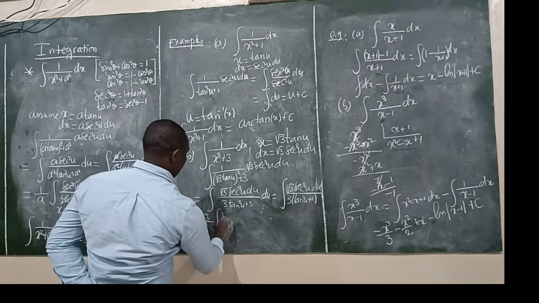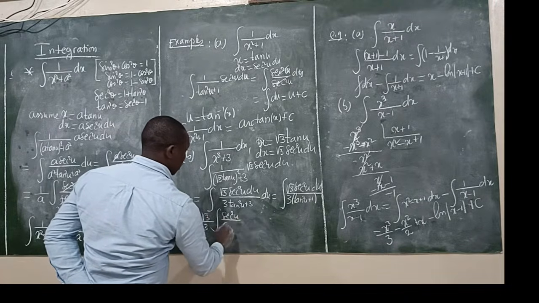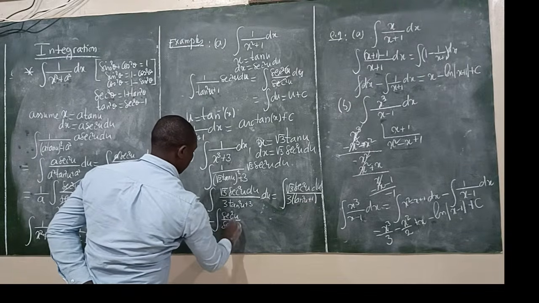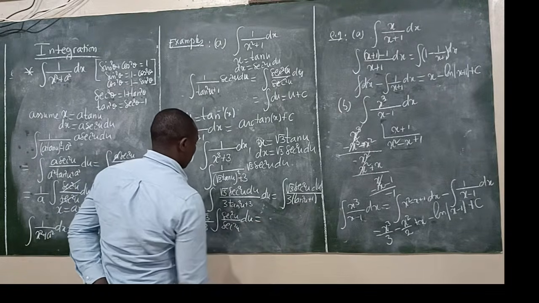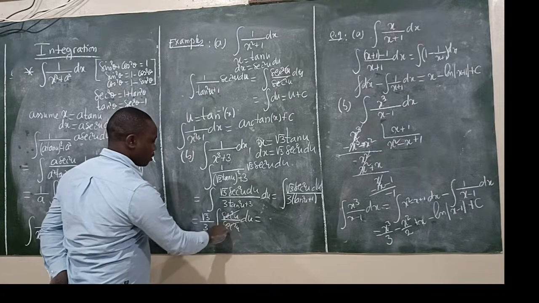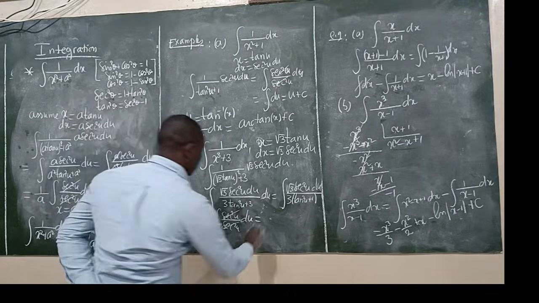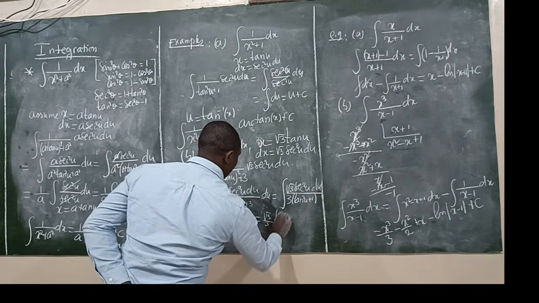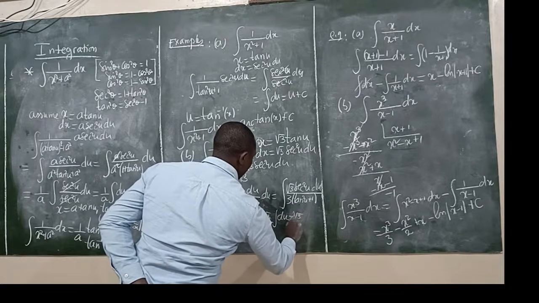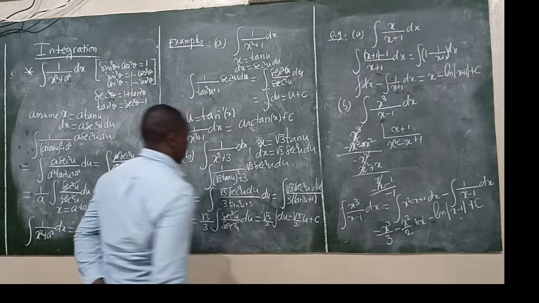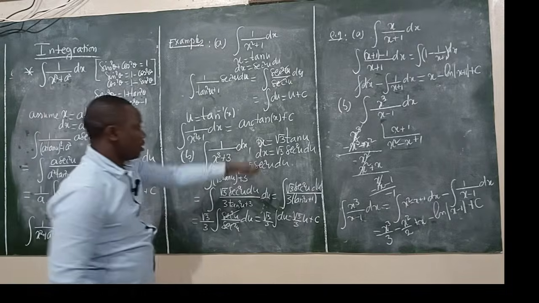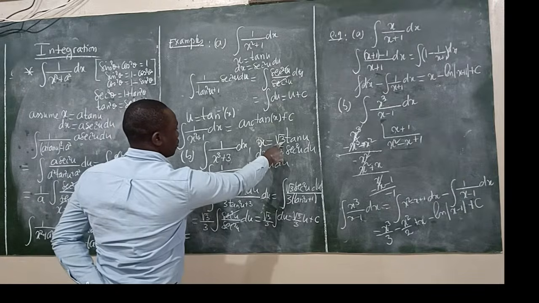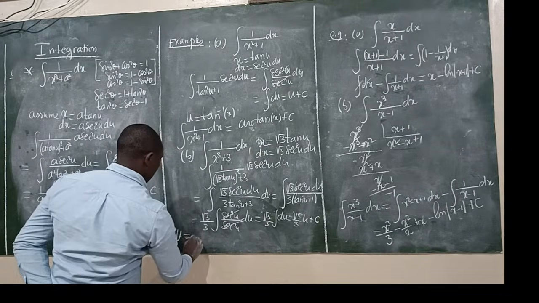The integral here is sec squared u over tangent squared u plus 1, times sec squared u du. Let's simplify this and this. We have root 3 over 3 times the integral of du. This is root 3 over 3 times u plus a constant. What is u here? According to this, we need to divide by root 3, so u is the tangent